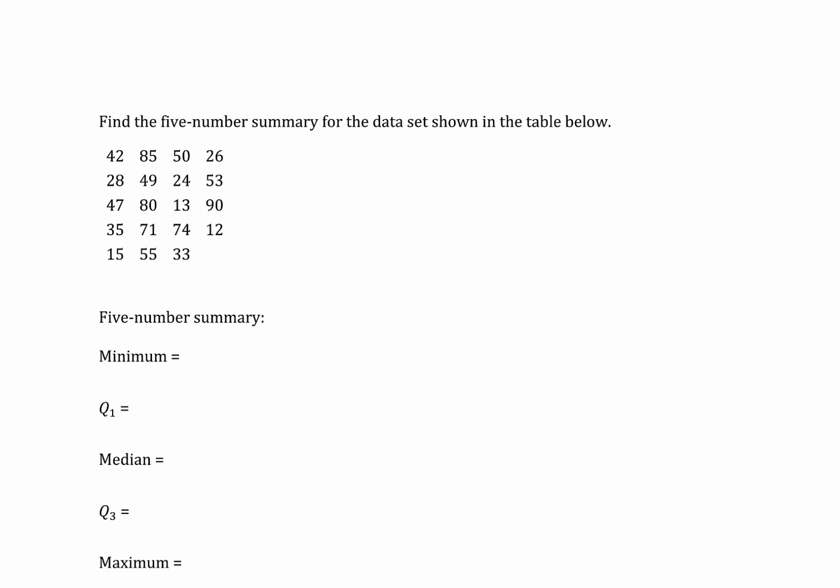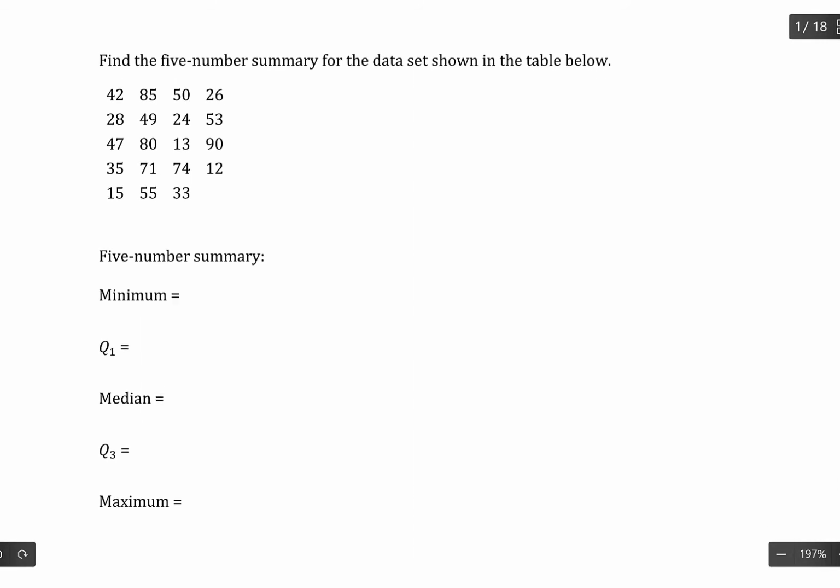Find the 5-number summary for the data set shown in the table below. In order to find the 5-number summary, we can either do it by hand, which is going to take a little bit of time because we have to sort our data, or we can take advantage of the calculator. And I will show you the calculator first, and then those interested can view the